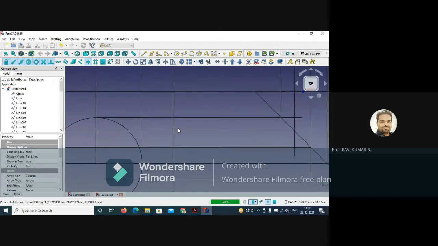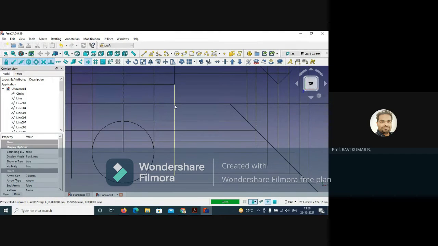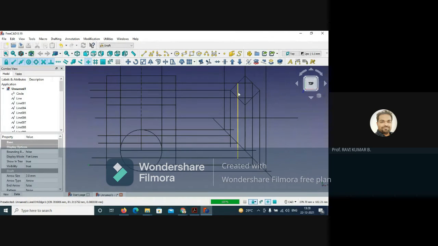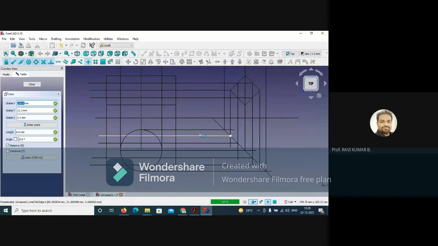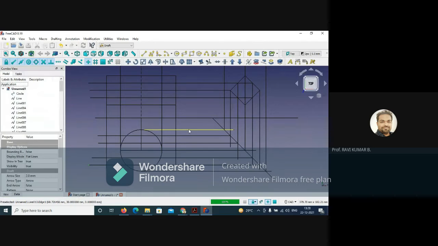Now here again, somebody will say, sir, why again after drawing you have to delete? Because a lot of modifications are there. We have to delete this again, and we have to draw a line over here, because we are projecting these 2 points, right? One point is here and another point is here. So this point and this point need to be connected properly. So from here to here, one line you have to draw. Or better you do one thing, instead of drawing the line, you extend this line.